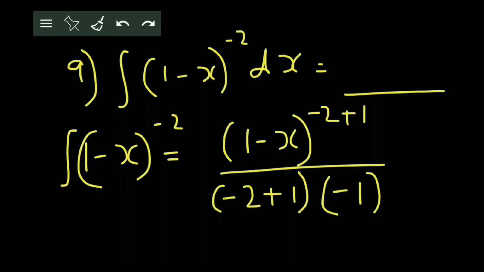Now you can simplify and write the answer and check it out. So you can complete the sum by yourself. Only one step remains. Just complete the sum and see if you are getting the option which is correct over here.